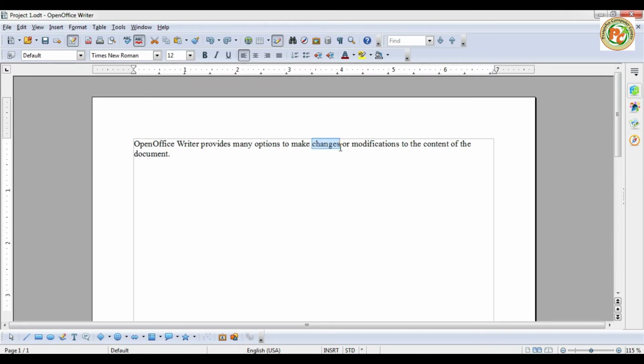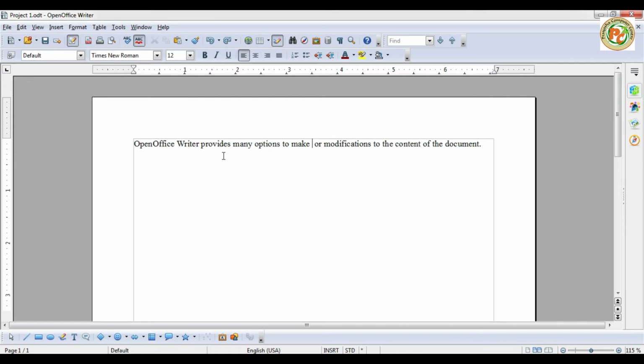Now if you want to reverse the action of undo, we can use redo. For that we can press Ctrl+Y, so it will be removed. To reverse the action of undo is called redo, and the shortcut is Ctrl+Y. So that is undo and redo.